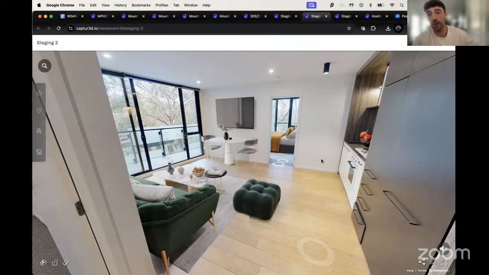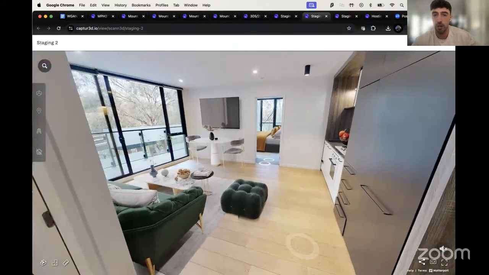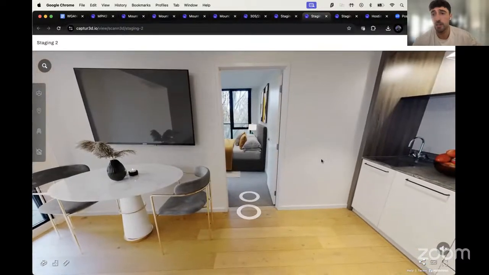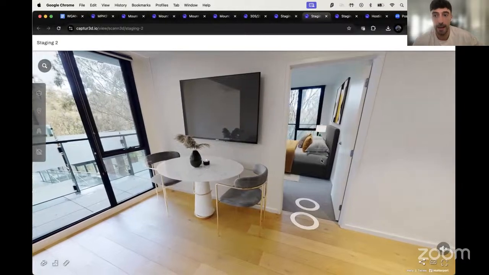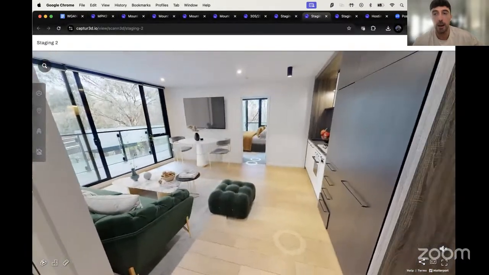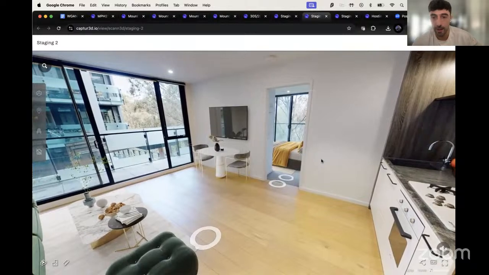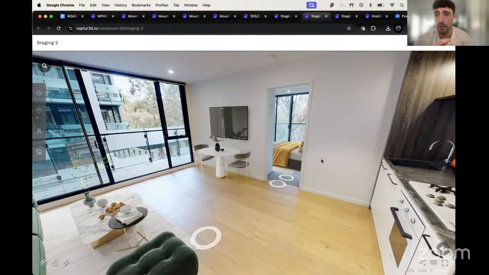We do provide a 3D asset library with groups of furniture and different styles, so you can just pick whatever style you need, or even individual furniture within each style catalog, so you can get exactly what you need going forward. And something to note as well, just in terms of pricing for this, it's $22.50 US per panorama or sweep or scan point. So what I would thoroughly recommend is, oftentimes when you're scanning a property, you might overscan with a few sweep or scan points that aren't necessarily required.